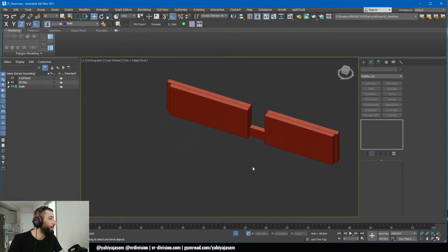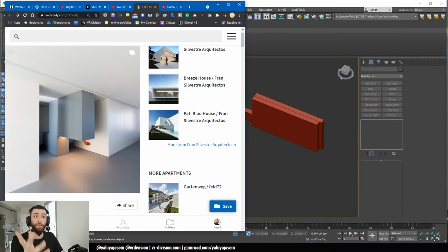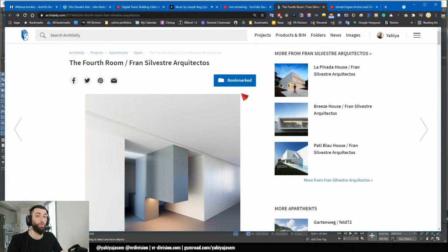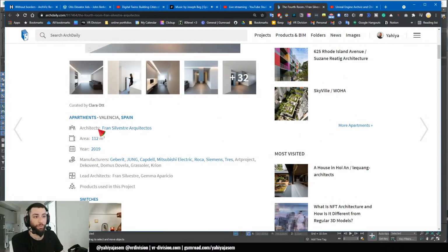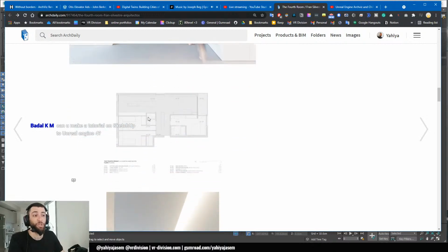Y2K Madi, hello buddy, how did you get the layout? Here's a tip for all of you guys. If you want to practice architectural projects inside of Unreal Engine but you don't know where to start, go to Archdaily, one of the websites that provide you with layouts. This is the main page of the project, and if you scroll down, you will read information about the project, about the products that are inside this project, which is super useful. If you keep scrolling, you will read more about the project, and for 99% of the projects you will find the layouts. And regarding this layout,